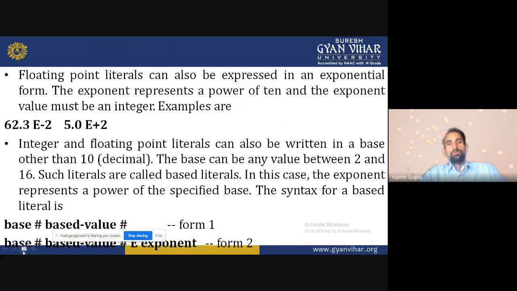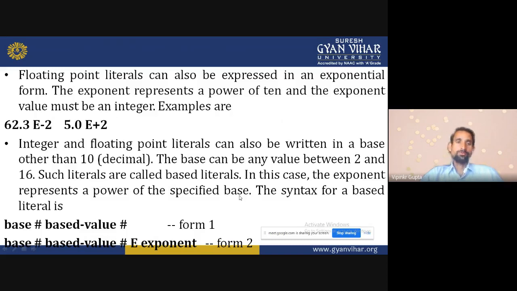In this type, we are defining the base as 2, 10, or 16. In this case, the exponent represents a power of a specified base, which is defined within the syntax.